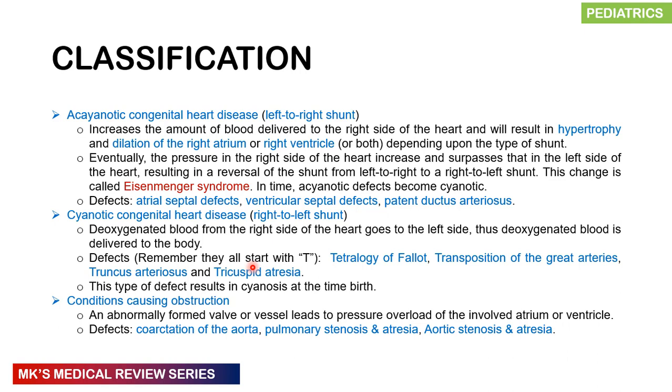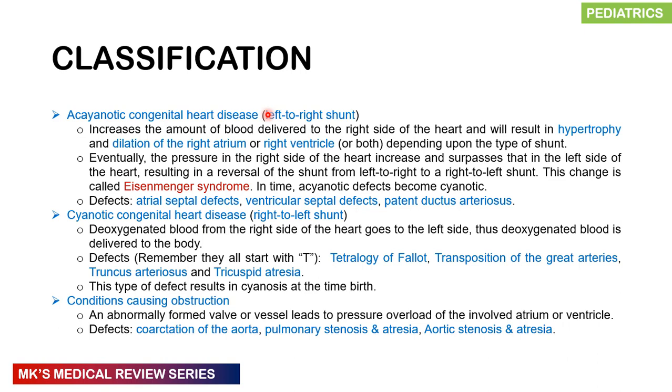Then you have the acyanotic type, where now you have these shunts that are pretty much taking oxygenated blood and shunting it into the deoxygenated blood. But remember, this blood is eventually going to pass through the lungs and then it's going to be oxygenated. So it's not much of a problem, right? In the beginning, not really. But in the long run, remember now that the right side of the heart is going to be receiving more blood,